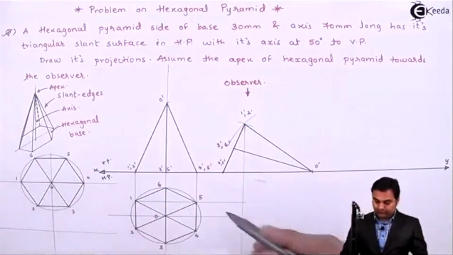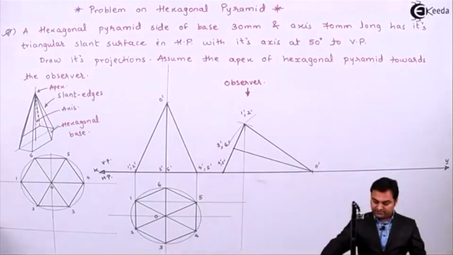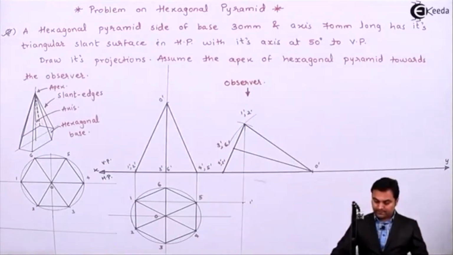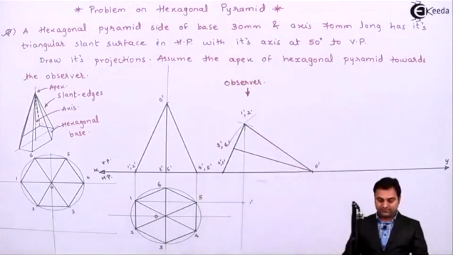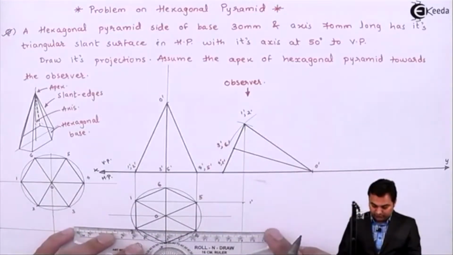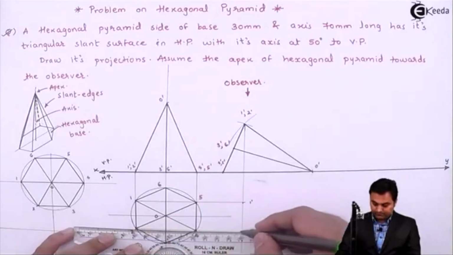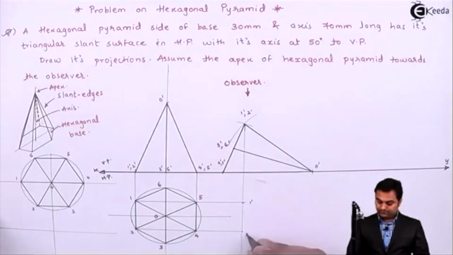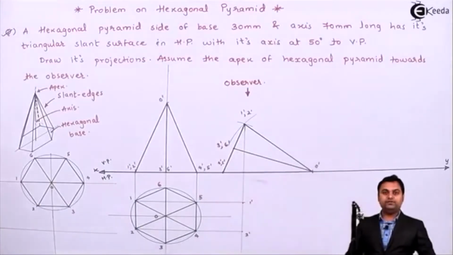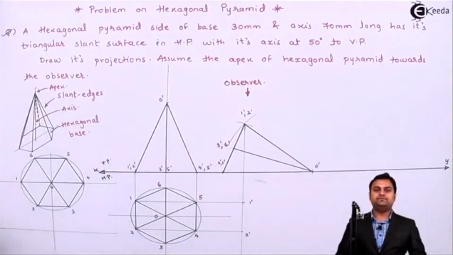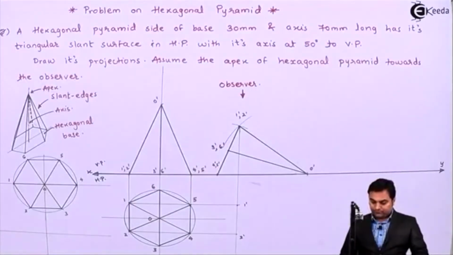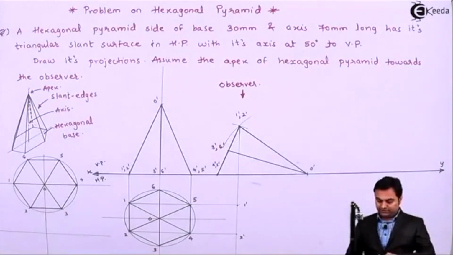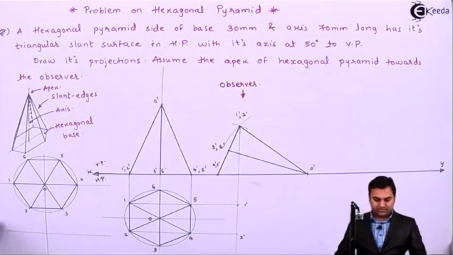projecting point 1 from the top view. So where 1 and 1 dash intersect, that will give me the point 1. Next on this same line we have 2 dash as well. So projecting 2 from the top view, that gives me the point 2. Next for the remaining points I'll have to project them in sequence. Now after getting 1 and 2, I'll project 3 dash and 6 dash as they are onto the same point.